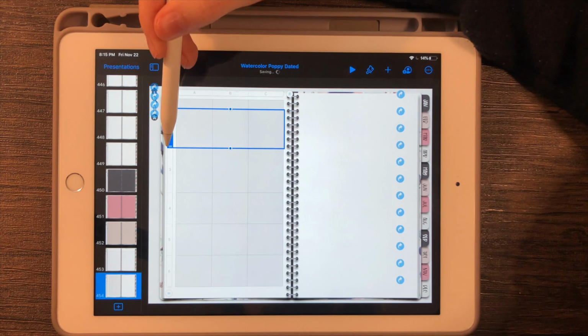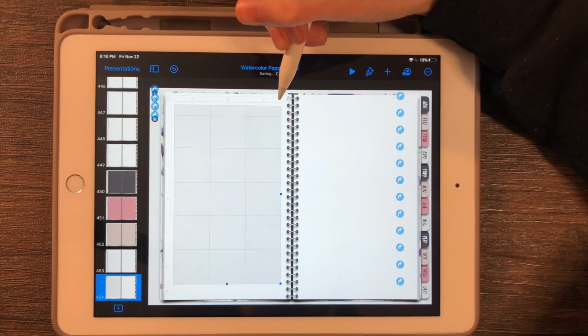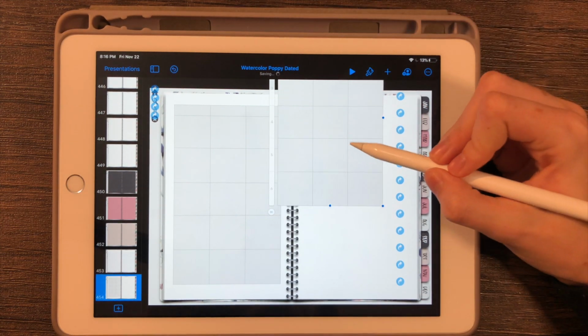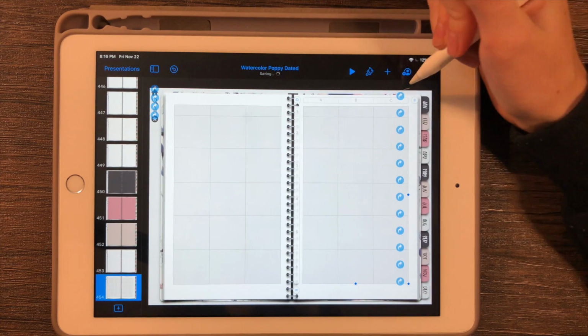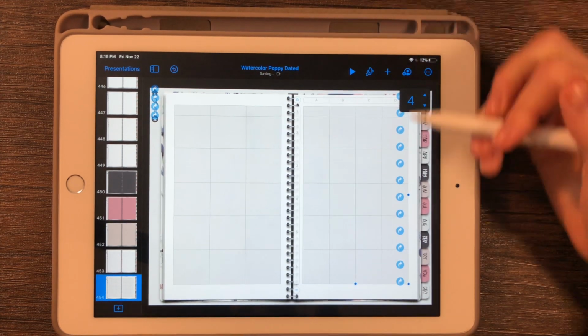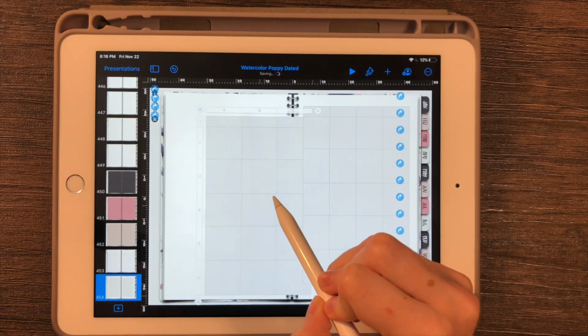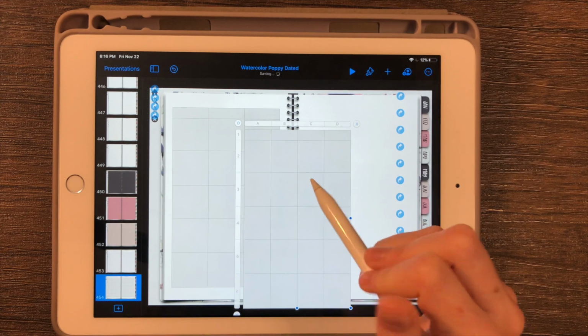And I'm going to do that again, and if you see here, you'll see where points come up, and that's how you can make sure you have an even amount for each of your rows. Then I'm going to copy, paste, put this on the other side, but 7 days in a week, so I'm going to add 4 columns. And then to make it even, I'm just going to pull this over here, line it up,